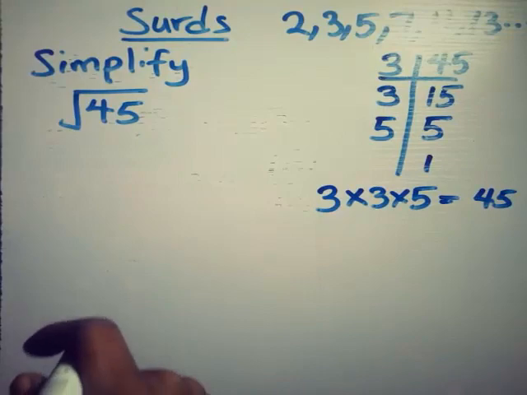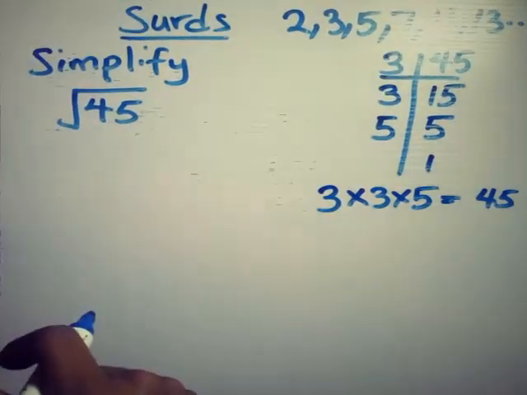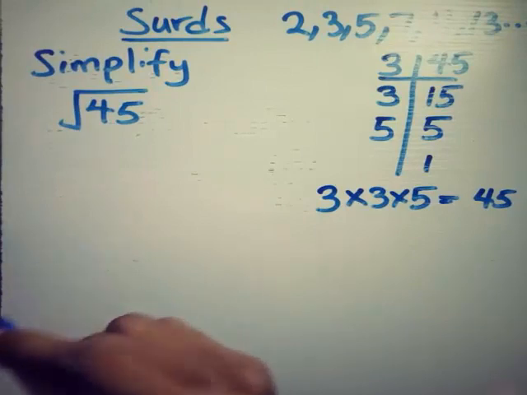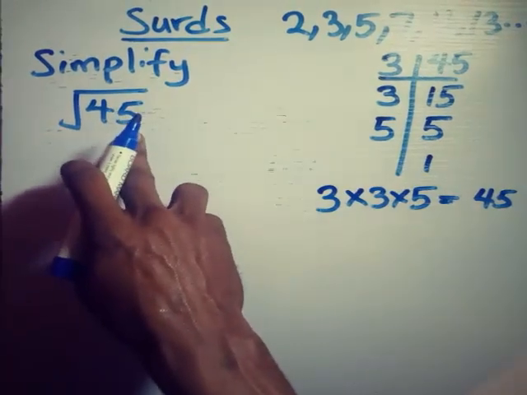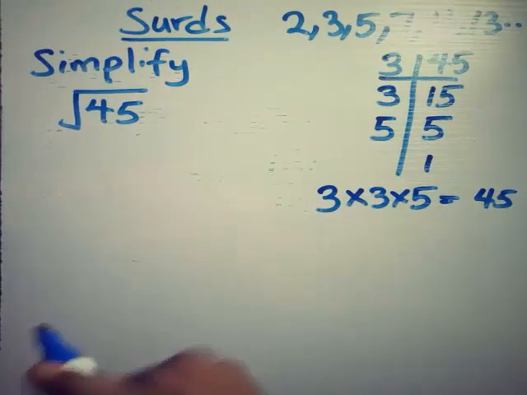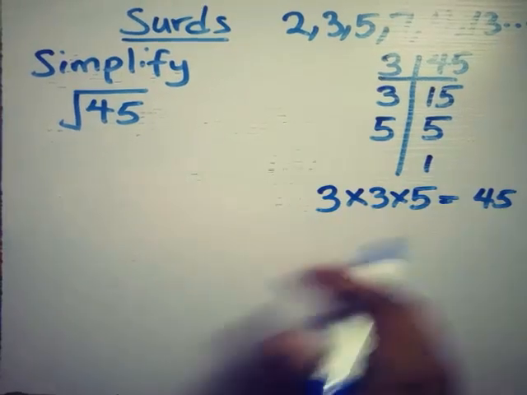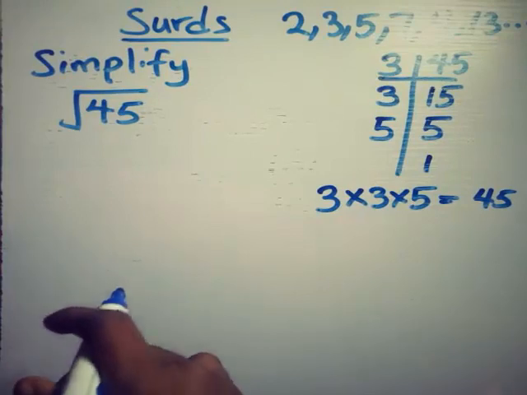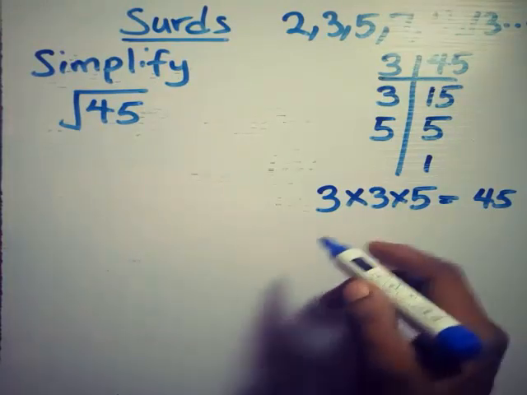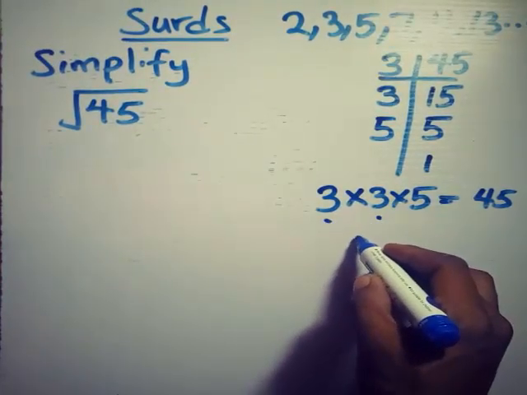Now while dealing with surds, during simplifying, what we do is we get two factors of a big number. One of the numbers must be a perfect square to continue our operation. So let's see how we can create a perfect square from the factors we have. Creating a perfect square, we consider the two identical numbers that repeat themselves, which are 3 and 3. So multiplying 3 and 3, I'll get